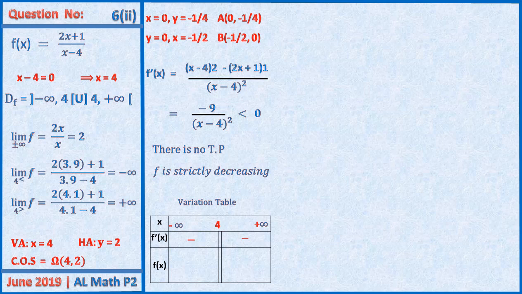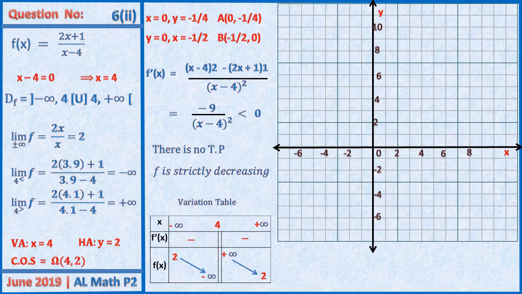So now, when x is at negative infinity and it decreases, f of negative infinity gives us 2, that is the limit. Then it decreases to negative infinity when x is 4. Then for 4 from above, we have positive infinity decreasing to when x tends to positive infinity, now we have 2. So that's the variation table, and we can now move on to sketch this curve on a